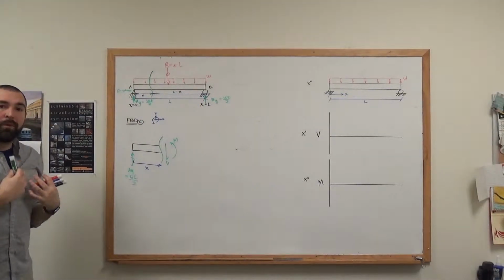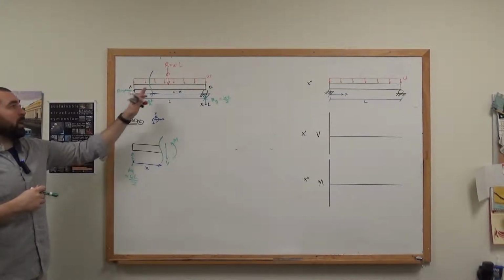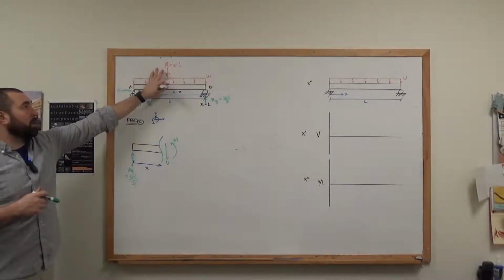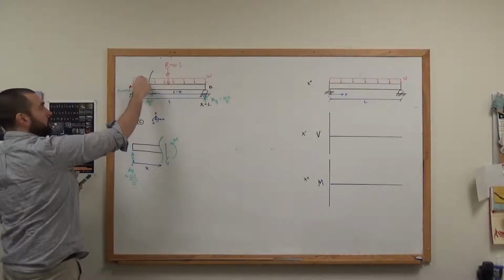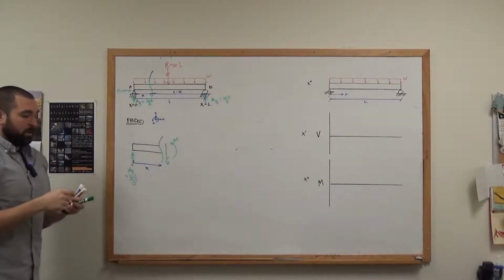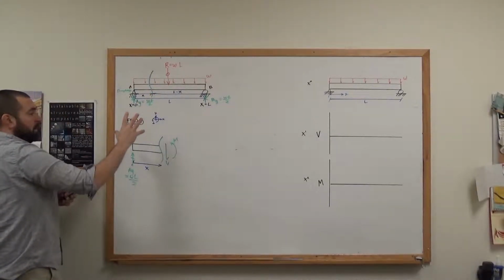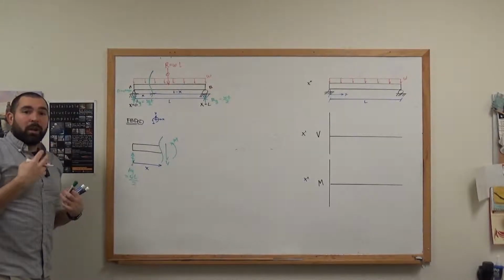When it comes down to the moment diagram, the moment equation, and things like that, you can't rely on this point load anymore, because you're only looking at, in this case, everything to the left of the section cut, which is only this piece of the distributed load. So I can't use this resultant specifically for this free body diagram because it represents load,